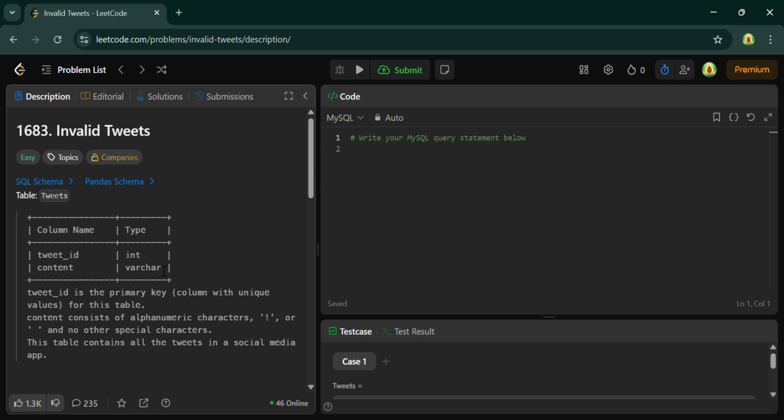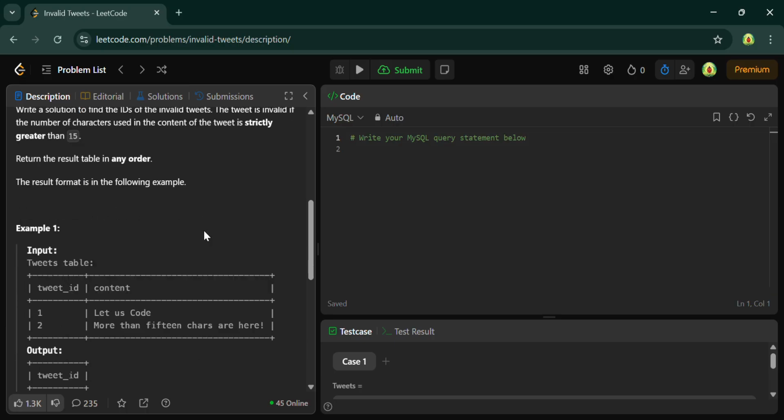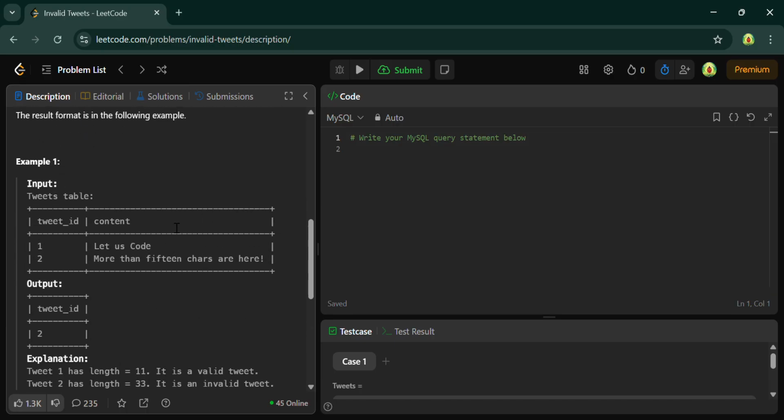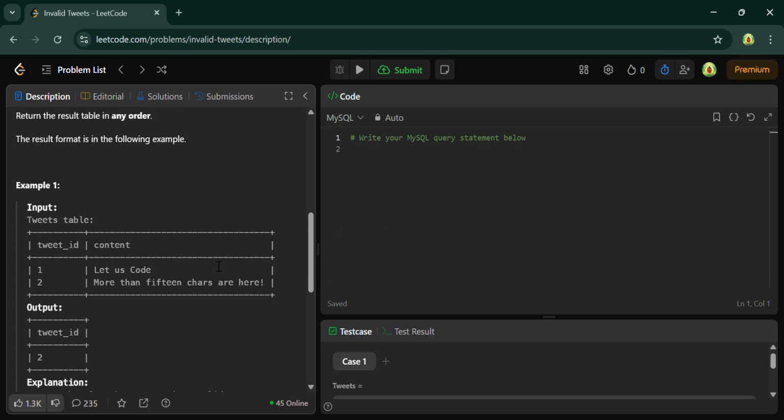Hello viewers, today we will solve one more question in SQL, which is LeetCode 1683, Invalid Tweets. In this you have to return the tweet ID which has content length more than 15. So you just have to